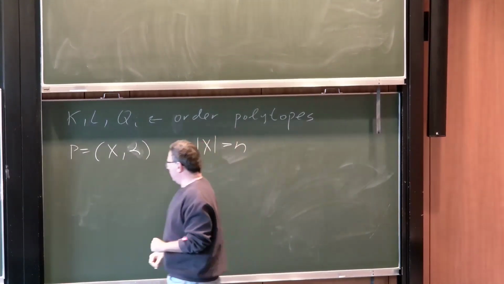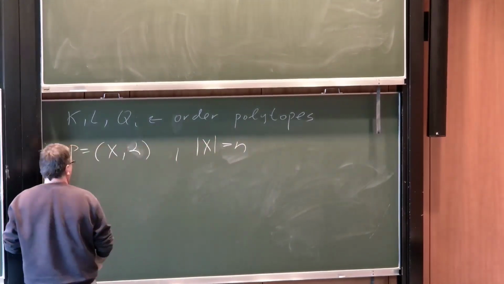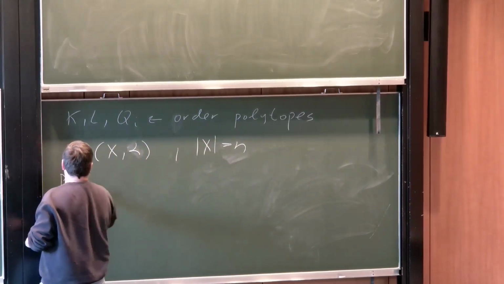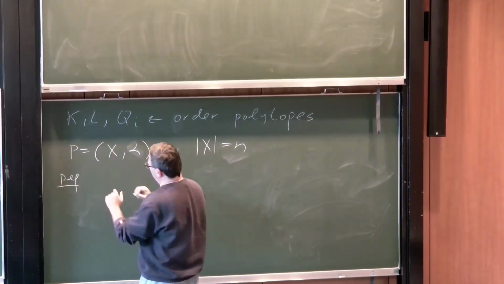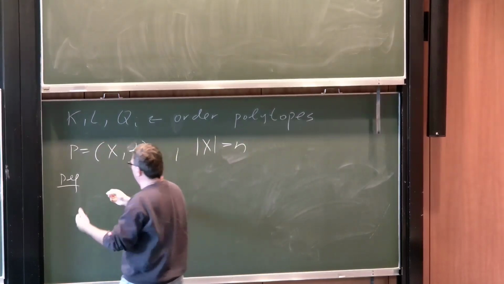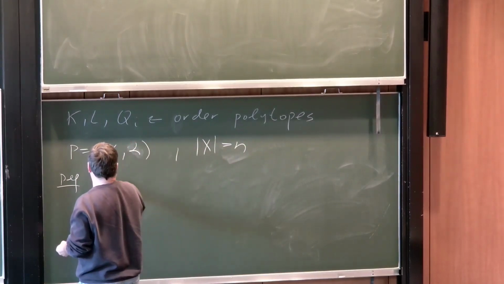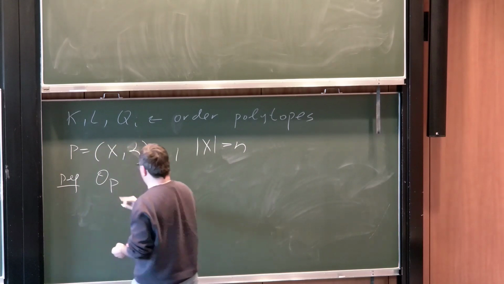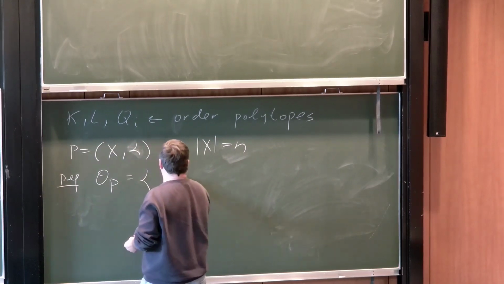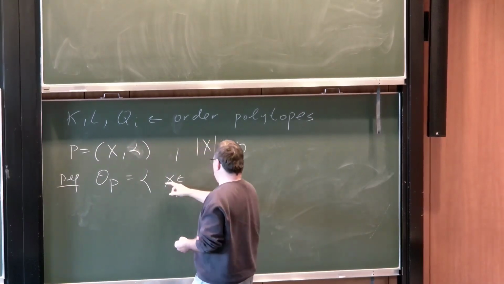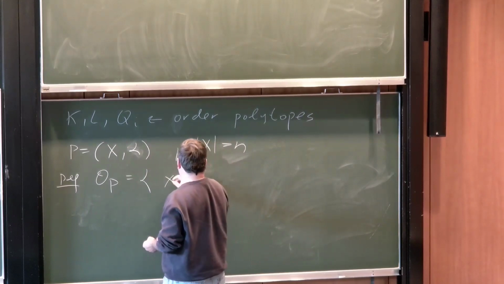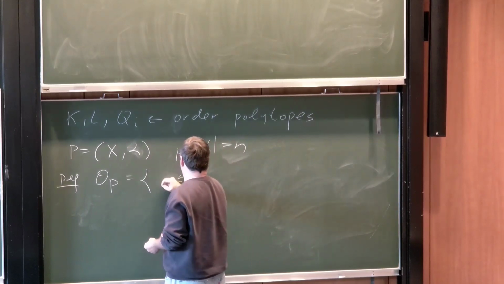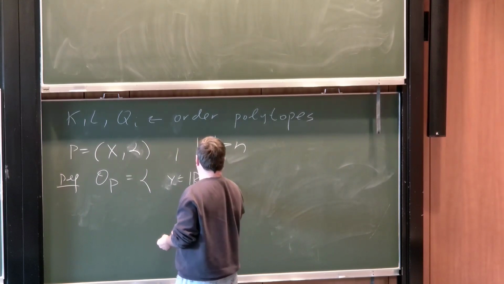Here is the definition. The order polytope corresponding to poset P is defined to consist of all